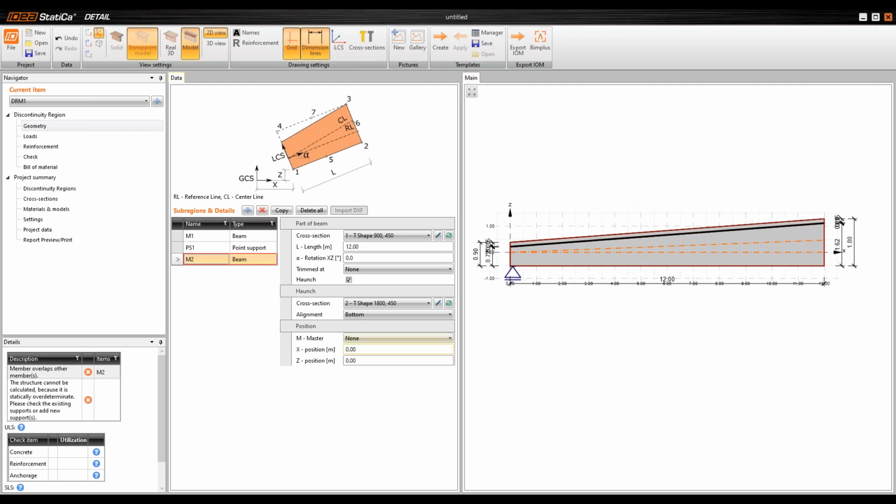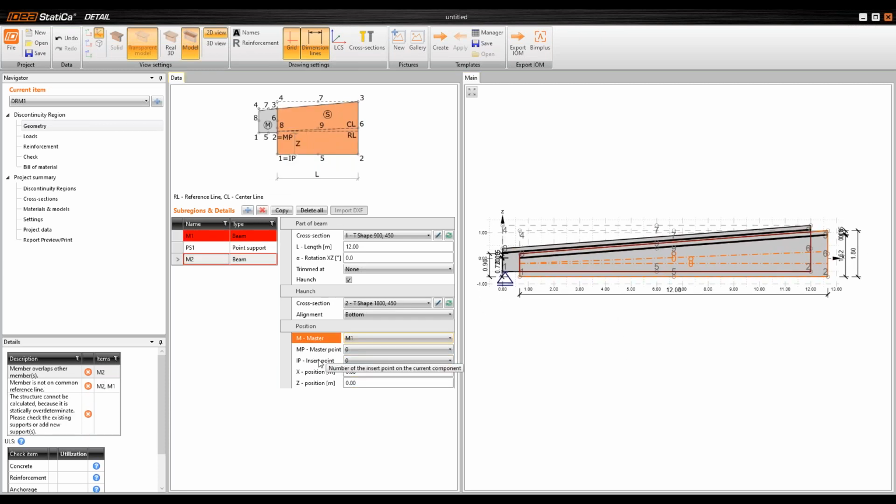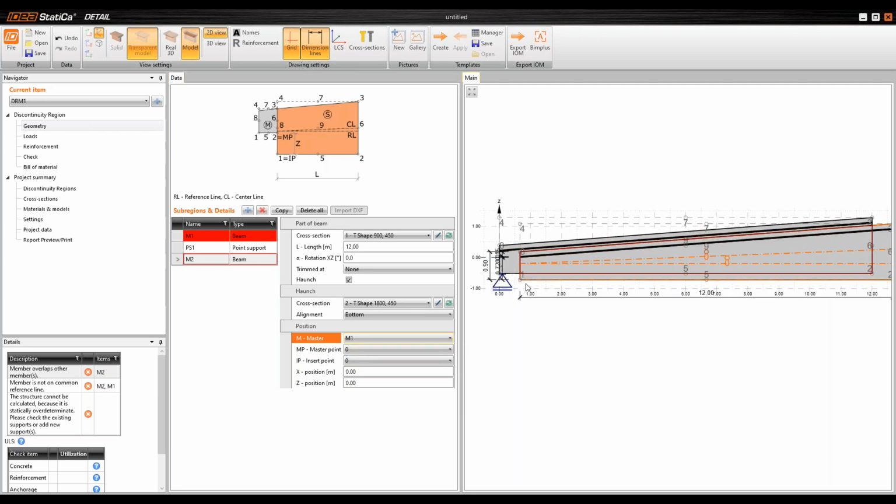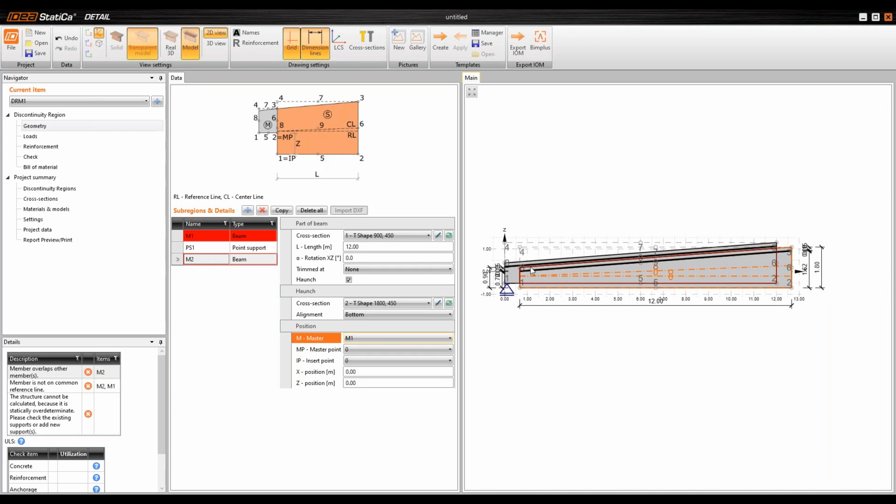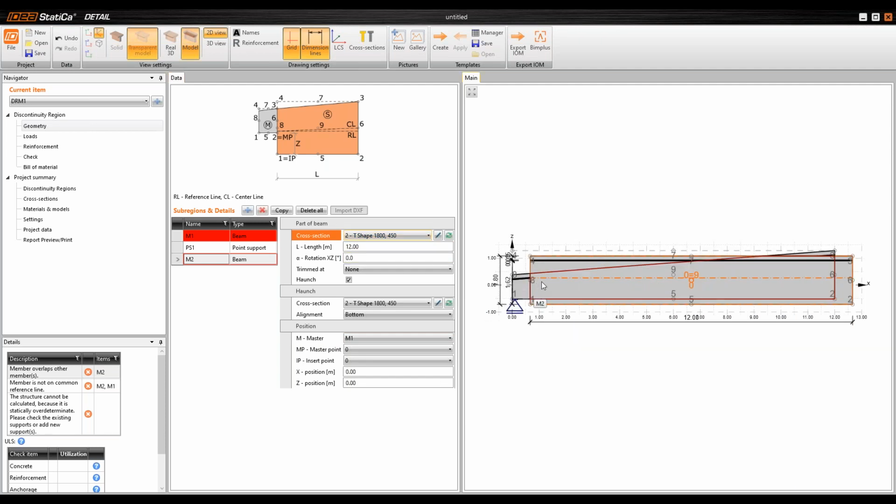If I copy the operation, I select a master member. It's a member M1, and right now I'm working only with the master point and the insert point. So at first I have to reshape the cross section. So I will change the cross section at the beginning on 1800 millimeters and switch it to the section 2